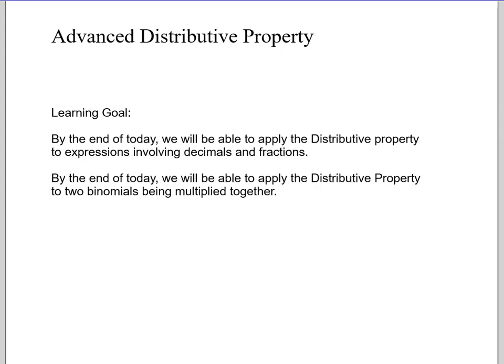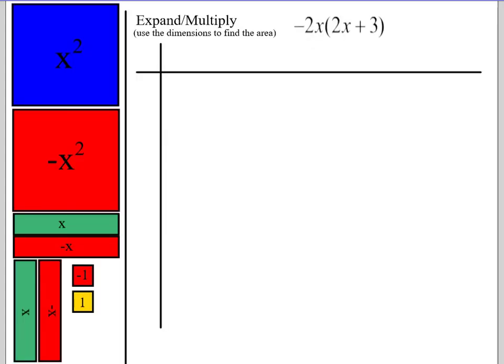Okay, so we're going to continue our discussion about distributive property, although we're going to do what I call advanced distributive property. So we're going to tackle some decimals and fractions, and then we're going to look at how we multiply two binomials together. Okay, so let's just do a quick recap, and we'll get started. So if we have negative 2x times 2x plus 3,